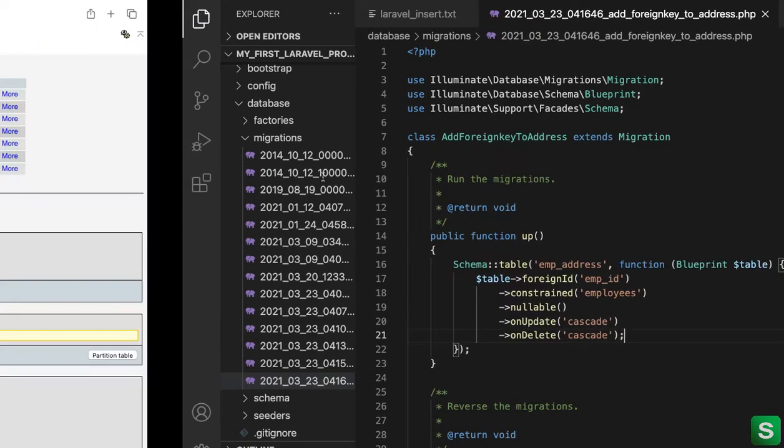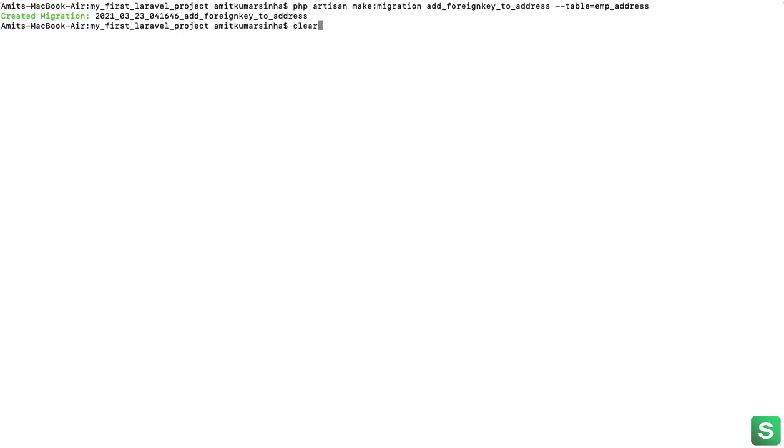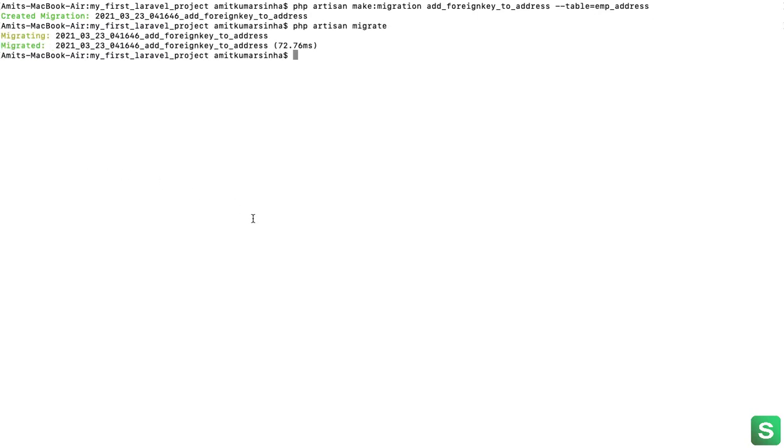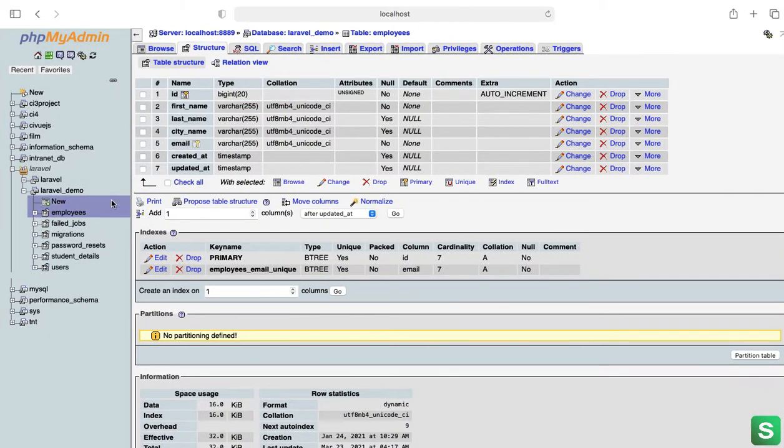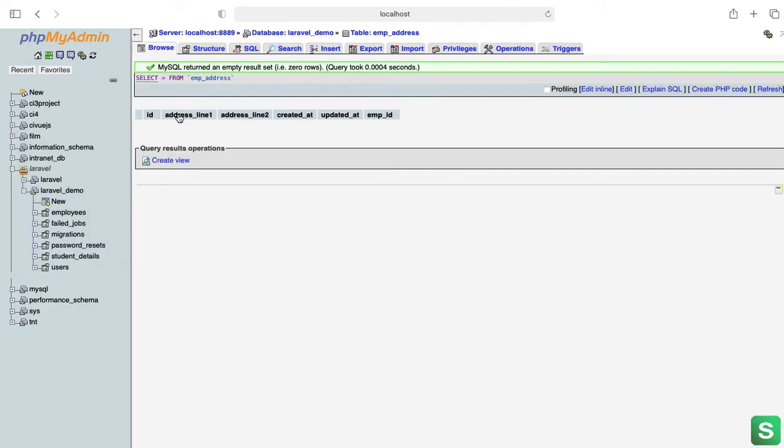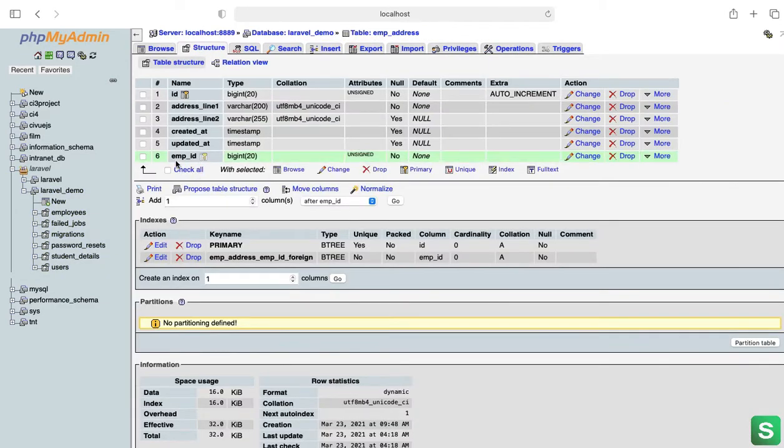Okay, and come to the terminal and migrate it. So see, migrated. Now if we come here to the employee address, see the emp id, and this is the primary key. You can also see here the emp address foreign key. It's added, right?